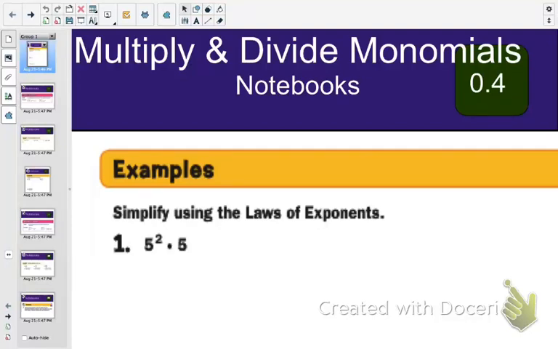Alright, today we are looking at multiplying and dividing monomials. A monomial, mono just means one, so a monomial means it has one term. So there's no pluses, no minuses. Okay, so if we look at this first one,